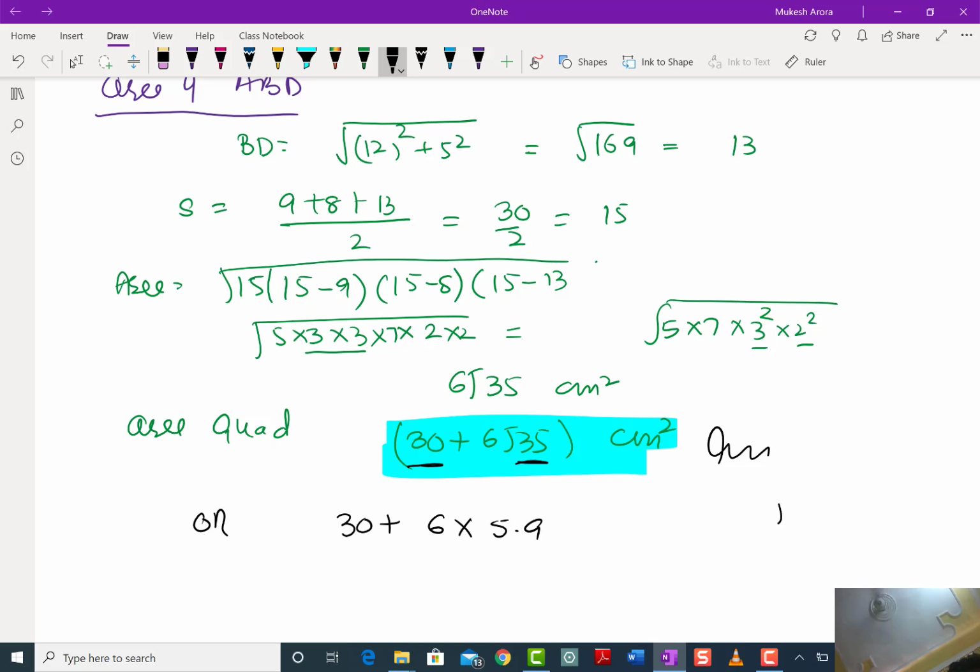It's given, under root 35 is equal to 5.9. So 30 plus 35.5, so the answer will be 65.4 centimeter square. So this is our final